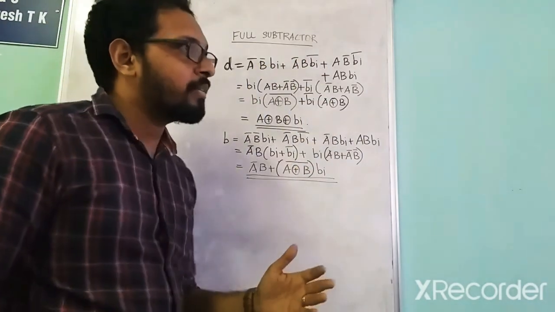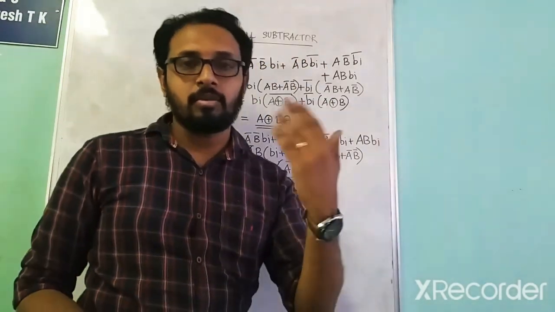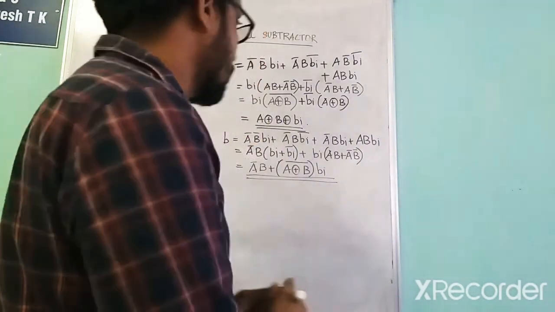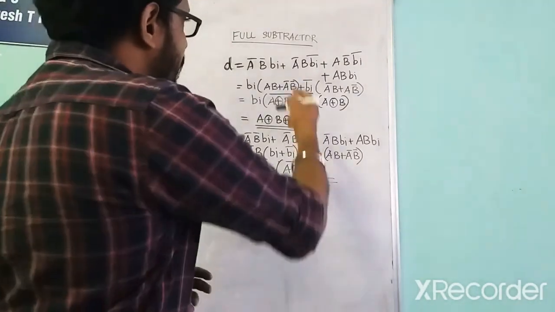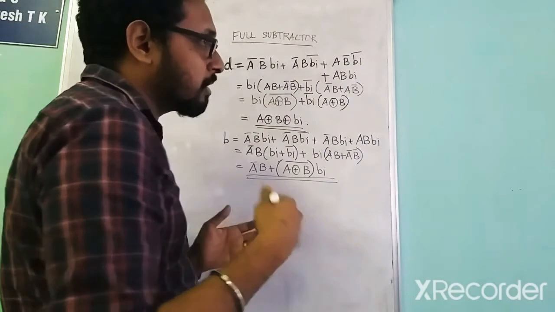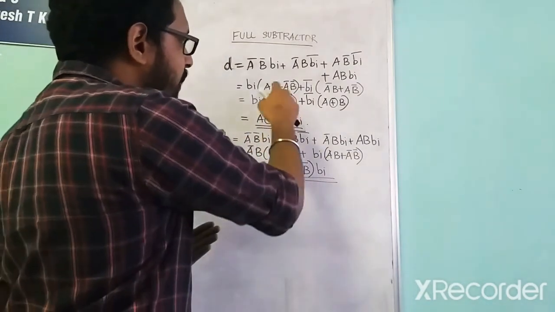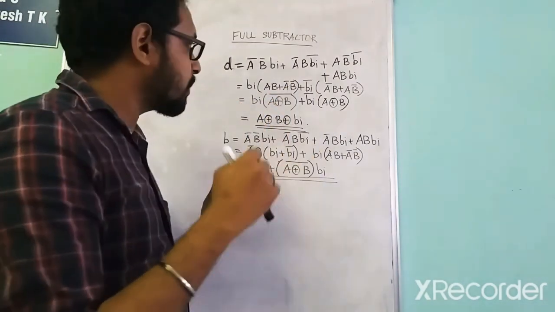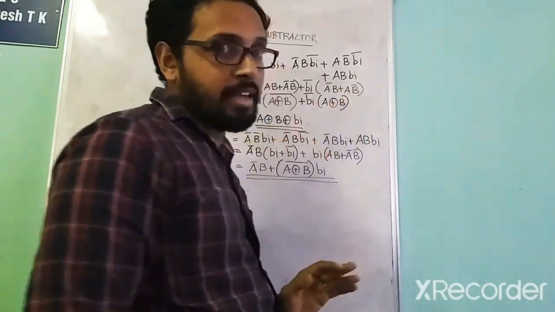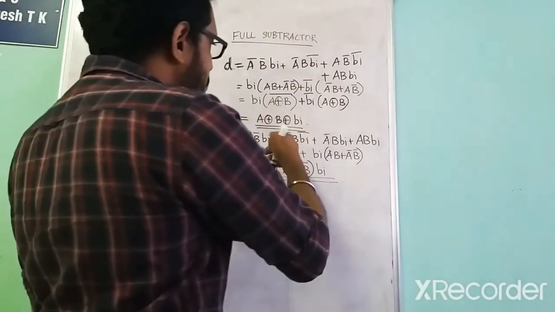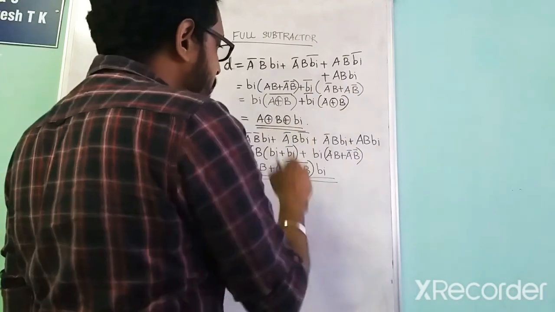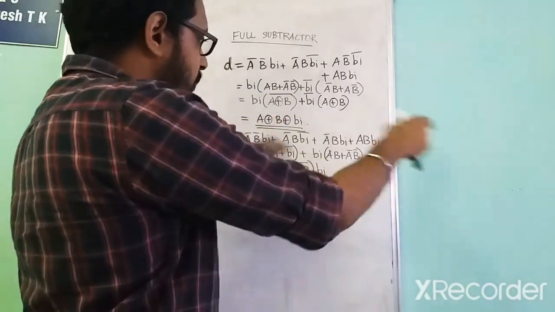It's very easy, and we have discussed a lot of problems like this, and we are familiar with simplifying the expressions. So it's very easy, taking the common terms. AB plus A bar B bar means it's A XOR B the whole bar, and A bar B plus A B bar means it's A XOR B. So taking common terms, we take it as A XOR B XOR Bi.